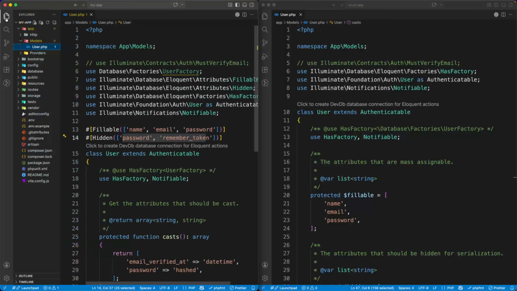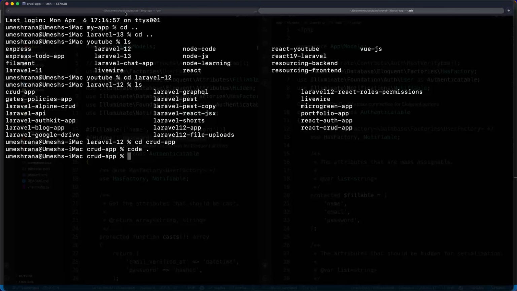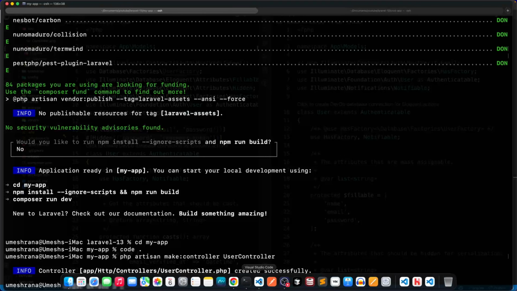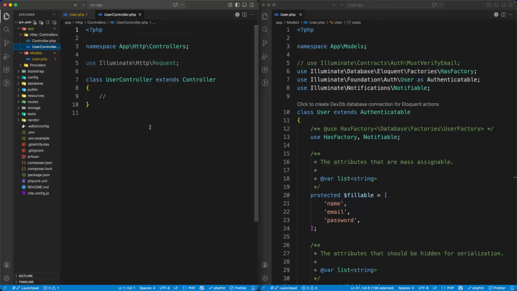Now let's navigate to the controller. So in the HTTP controllers, we don't have any controller in Laravel 13 at first. So I will create it using the command prompt. So I will type php artisan make:controller, let's say UserController. So the controller has been created. Now if we check, here we have this controller. So now if you want to set any validation or even any attribute in the controller, we can directly bind